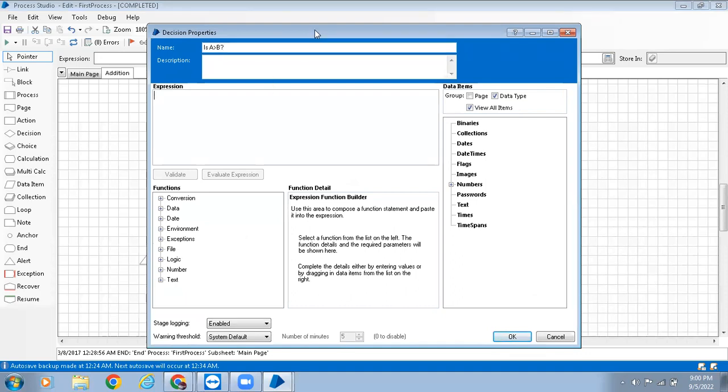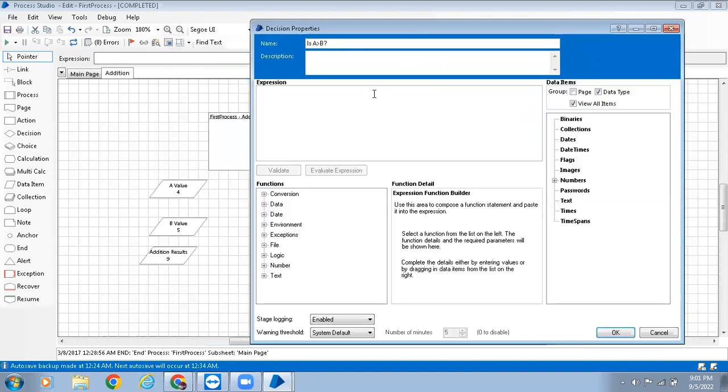I am putting the condition as is A greater than B. So what I need to put over here is A value greater than B value. If this condition is true,